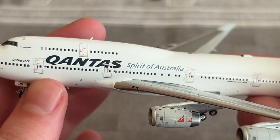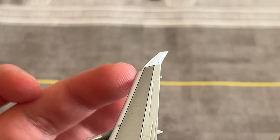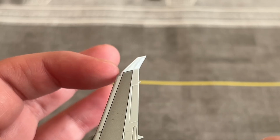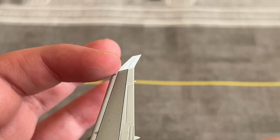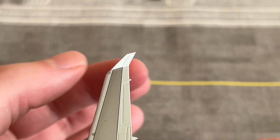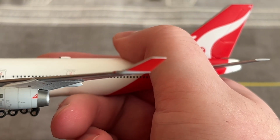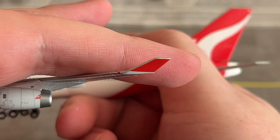As I mentioned, there are some flaws for this aircraft. I feel like the winglets for the 747 by HX Models are a little bit too big, as you'll see with the Gemini Jets one, which I have alongside this one. The winglets aren't meant to come out straight from the base of the wing. They are meant to come out maybe where the end of this black line is, and it's meant to be a little bit smaller. I think they're a bit too big, as you can see on the exterior of the 747 winglet here. Just trying to get it to focus. There you go, a little bit too big